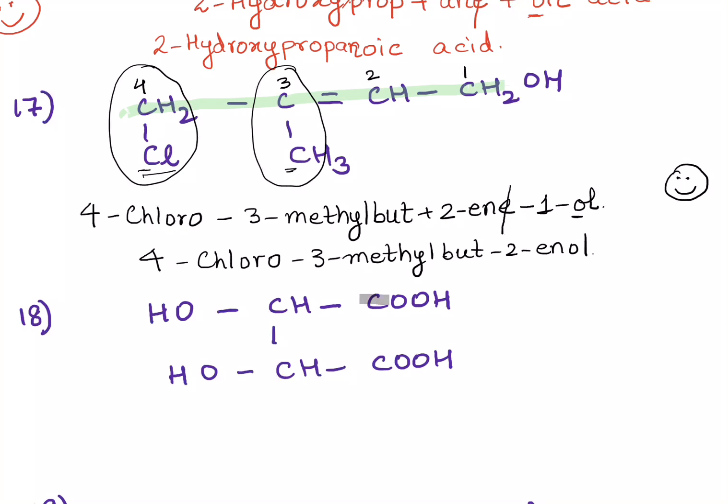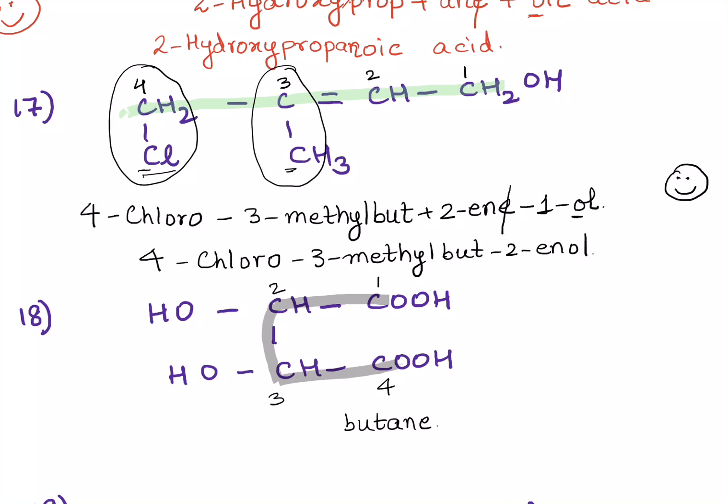See over here, how many carbon atoms are there? 1, 2, 3 and 4. It's the longest continuous chain, not the longest straight chain. The term we use is the longest continuous chain of carbon atoms. So let's number it, positions 1, 2, 3 and 4. My word root will be, of course, but. Saturated or unsaturated? It's saturated, so ane.